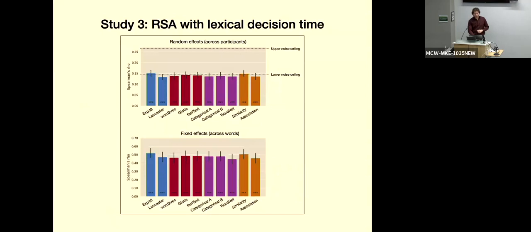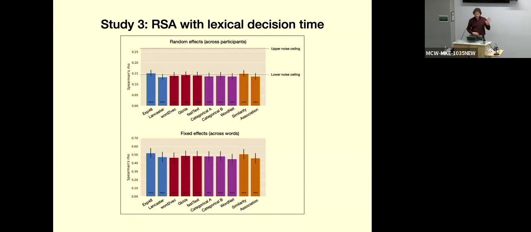And this is the result. So again, in blue is the correlation between the experiential models and their semantic priming data. In red, the same for distributional models. In purple, for categorical models. And in yellow, we have